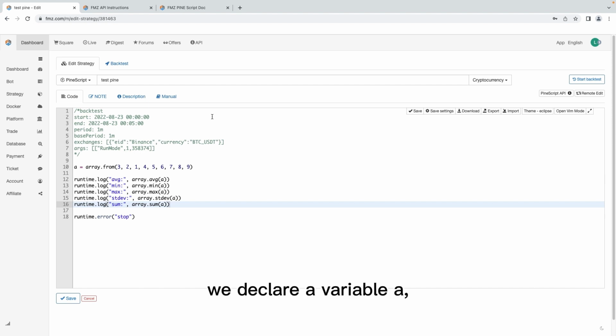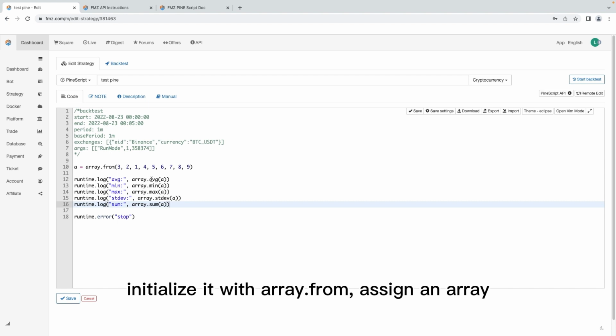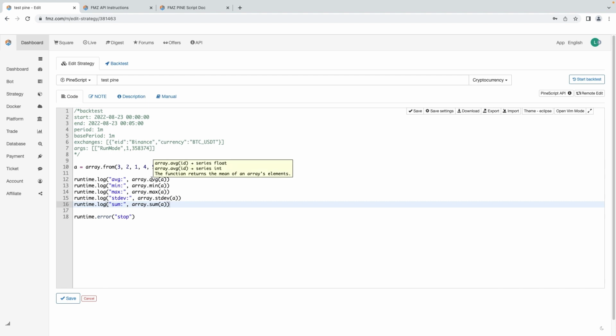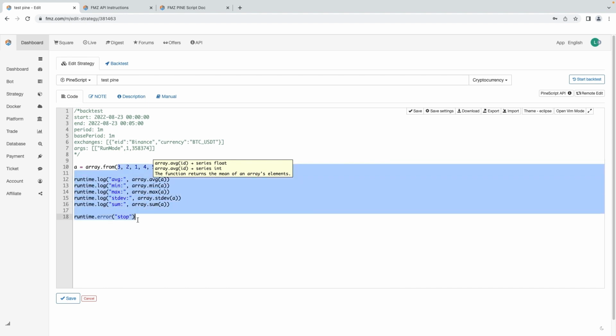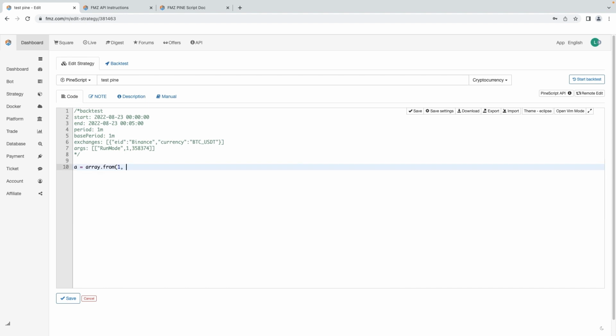We declare a variable a, initialize it with array from, assign an array with the elements 2, 3, 4, 5, 6. Then we declare a variable b, assign an array with the elements